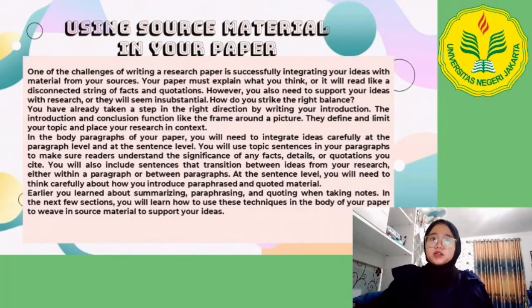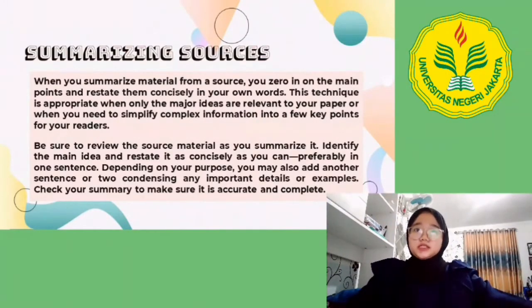In the body paragraphs of your paper, you will need to integrate ideas carefully at the paragraph level and at the sentence level. You will use topic sentences in the paragraph to make sure readers understand the significance of any facts, details, or quotations you cite.